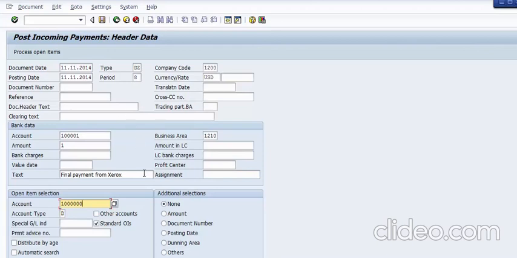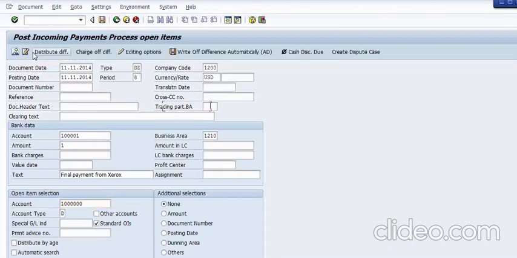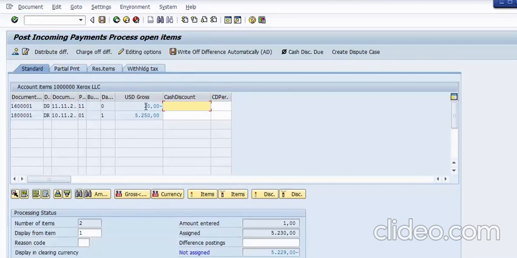So I have filled these details, that is what you are supposed to take, and you can go to process open item. Open item basically means the items which are pending to complete the cycle. So we'll click on process open item, and you can see there are two transactions. One is an invoice of 5250, and another is a debit of $20 against that. So the net amount of these two will be reflected over here,